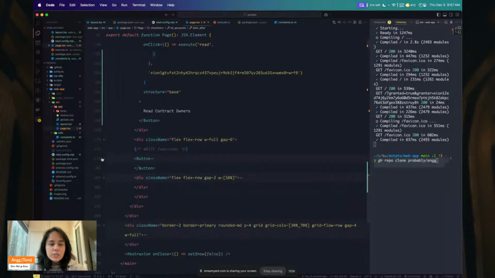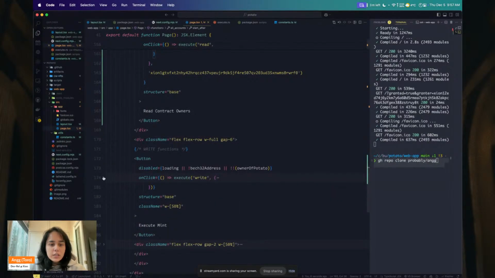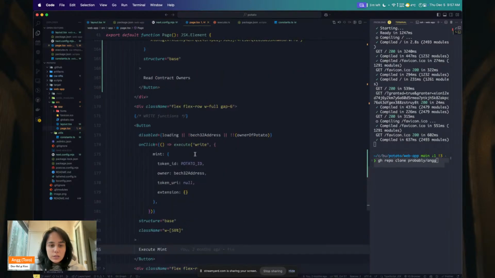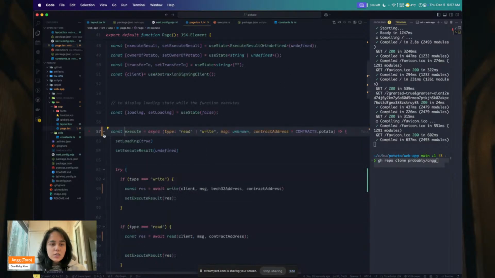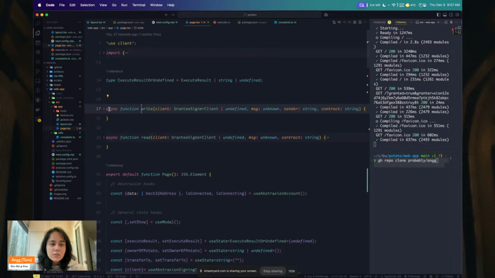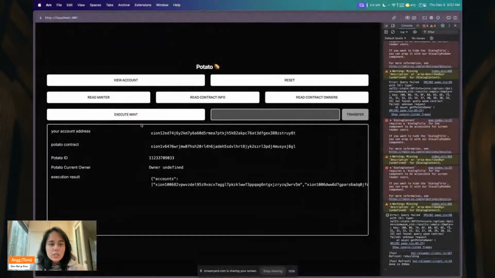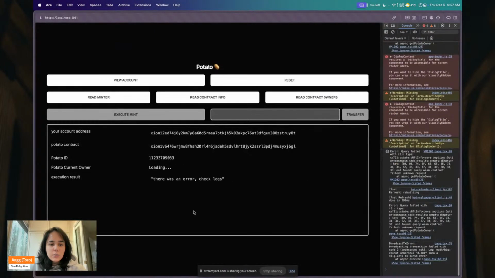So when I write to the smart contract, I am invoking the similar execute call, with a message execution message that says mint. The token ID I'm providing is the constant that we just went over. Owner is going to be my address, which is the currently logged in user. And that's it. So this is what I'm trying to send to the execute call, and the execute is a helper function, like I said, that's just going to call write, and it's going to make sure that the contract goes via the treasury. So I'm just going to quickly try to execute a mint here,